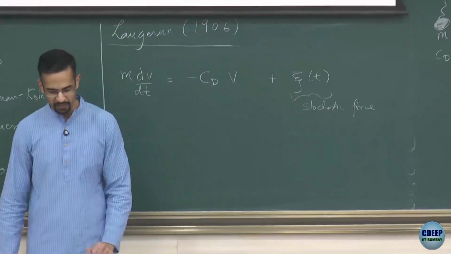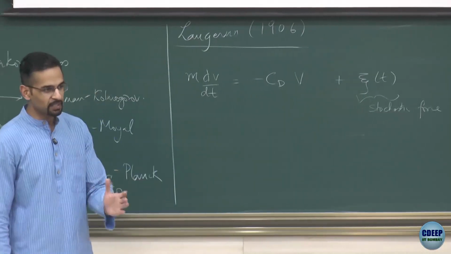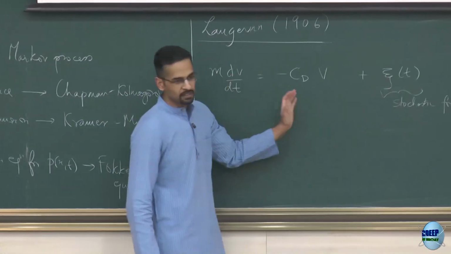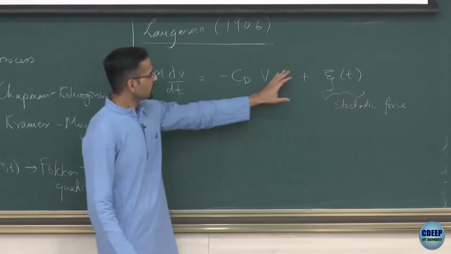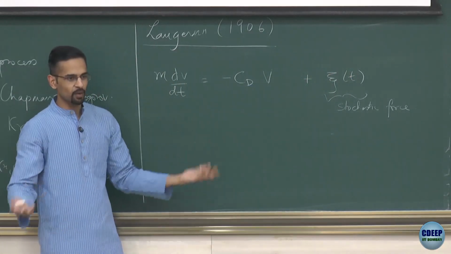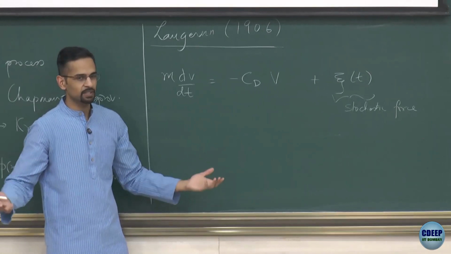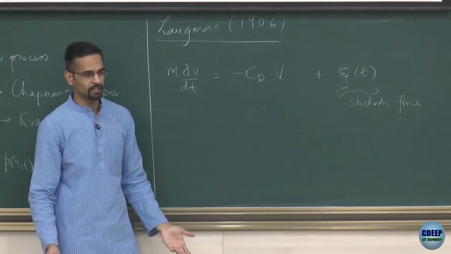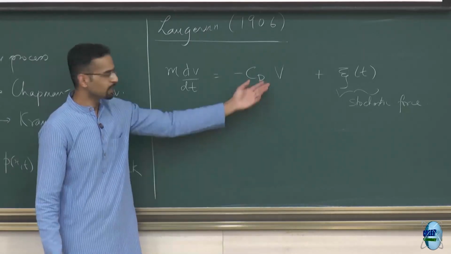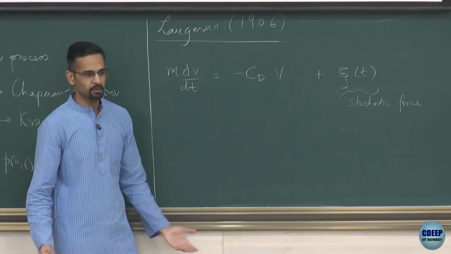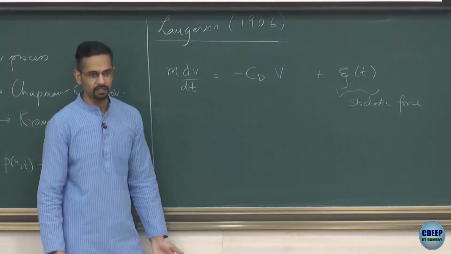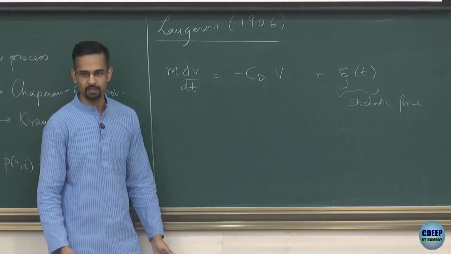But at this point what is maybe discomforting but also ingenious is the combination of terms. Up to this point, this looks like a continuum description. It's what I would apply to any massive size sphere where I don't know that the world is atomistic. I just say there's a particle, it's sitting in a fluid, and I can derive the Stokes drag exactly from Stokes equations. But then, because obviously the phenomenon reveals the microscopic nature of the background fluid,